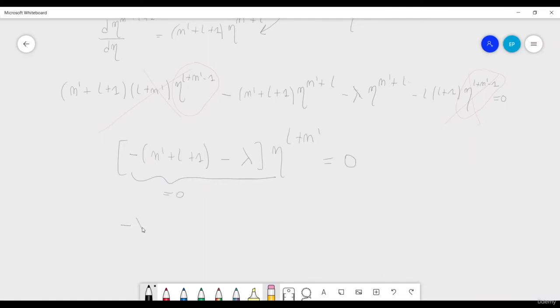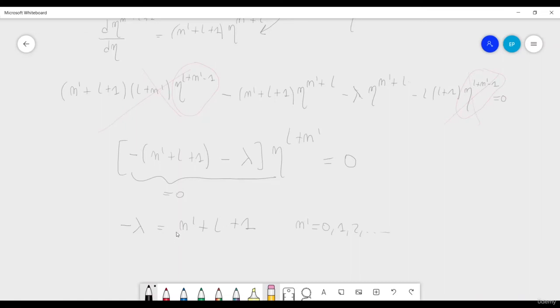Therefore, we get that minus lambda should be equal to n prime plus L plus 1, where n prime can be equal to 0, 1, 2, 3, and so on and so forth. So this means that